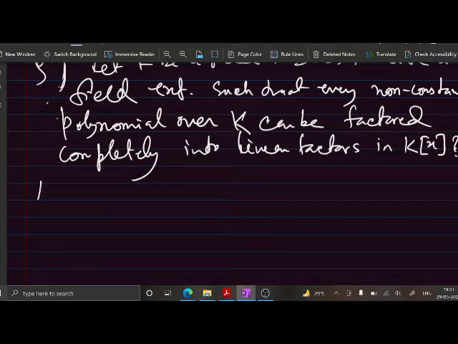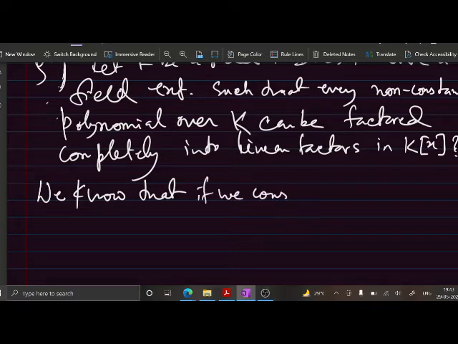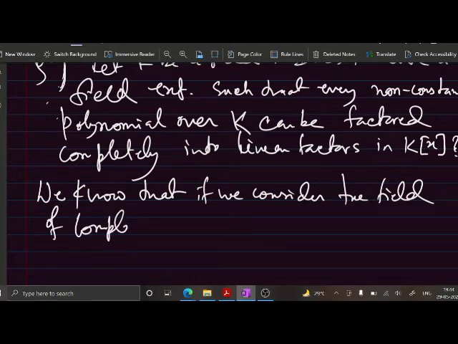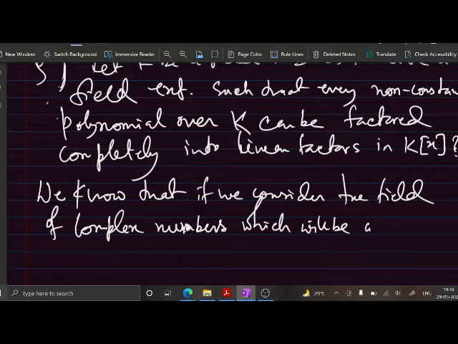Now we know that if we consider the field of complex numbers, which is a field extension of the field of reals,